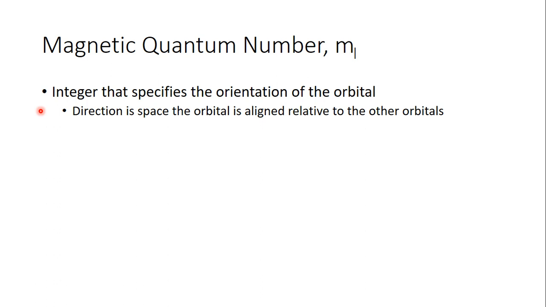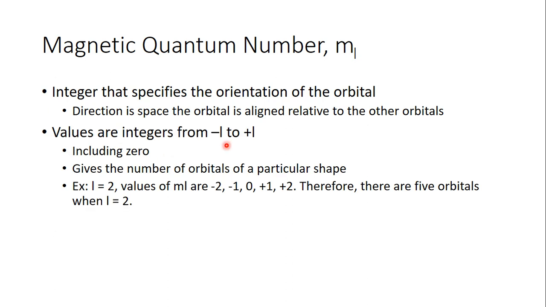The last quantum number we're going to talk about is m sub L. That is, in what direction, or where in 3D space, does your orbital point? So these values are from minus L to plus L. For example, if your L value is 0, your range is 0 to 0. However, if your L value is 2, your m sub L values are minus 2, minus 1, 0, plus 1, and plus 2. So when L equals 2, which is your d orbital, you have 5 orbitals now.